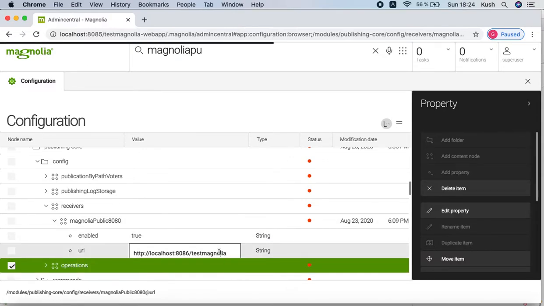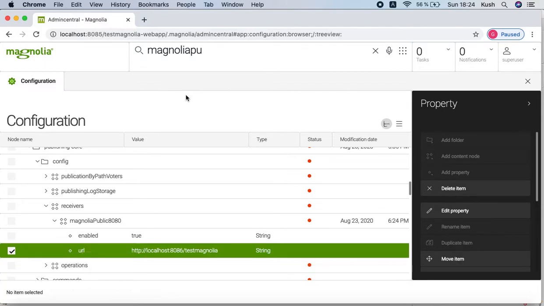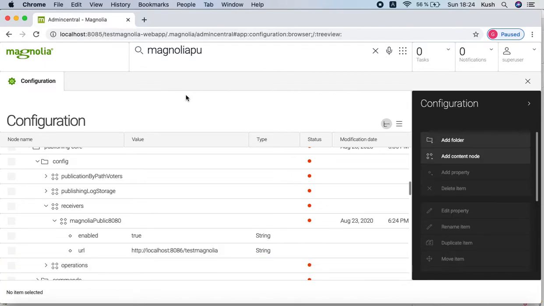So these are the two configurations we have to do on the author server side, so that this particular workspace instance works as an author server.